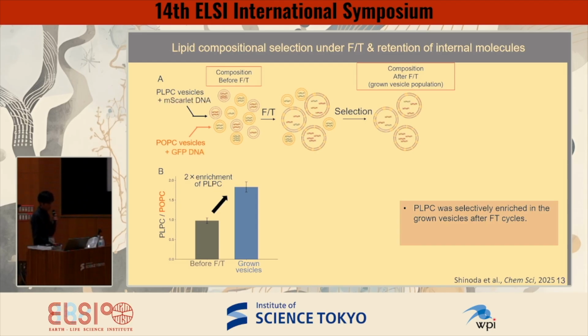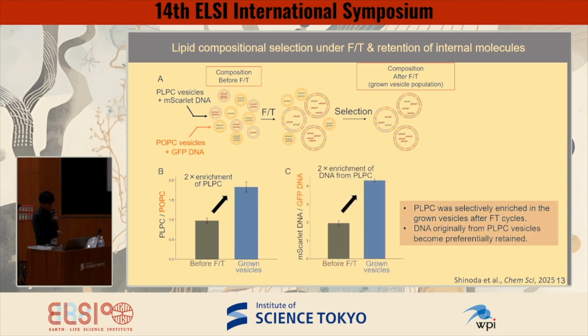And further, to examine how internal molecules are retained after freeze-thaw, we encapsulated different DNAs as internal molecular markers. And remarkably, DNA originally encapsulated in PLPC vesicles also became preferentially retained after freeze-thaw cycles. So this indicates that the lipid compositional information determines the protocell properties, and specific lipid composition and internal content will